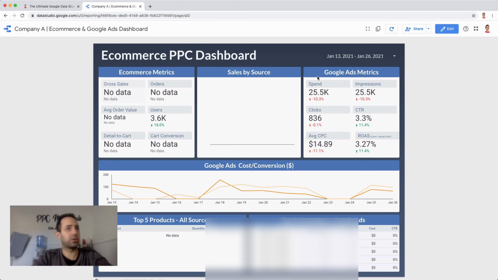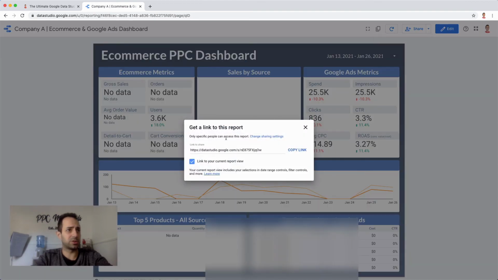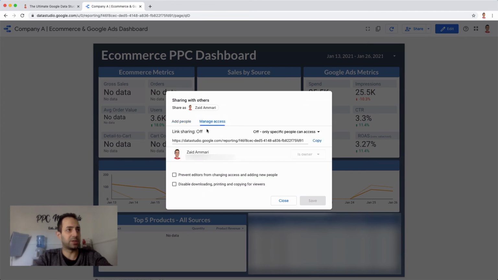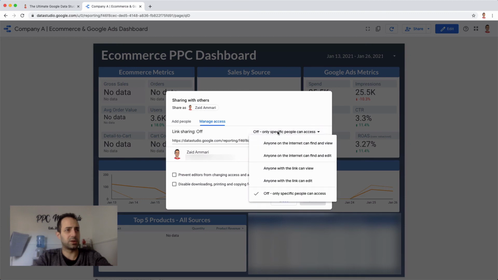Now, assuming you're done with the report and you want to share it with whoever you want, you can just click on the down button and click on get report link. That will show you the screen. Right now, this report is not shareable with everyone. It's only specific people can access the report. So if you want to share it with anyone with a link, you click on the change share settings, and then manage access. Click on this option right here, and then you can do anyone with the link can